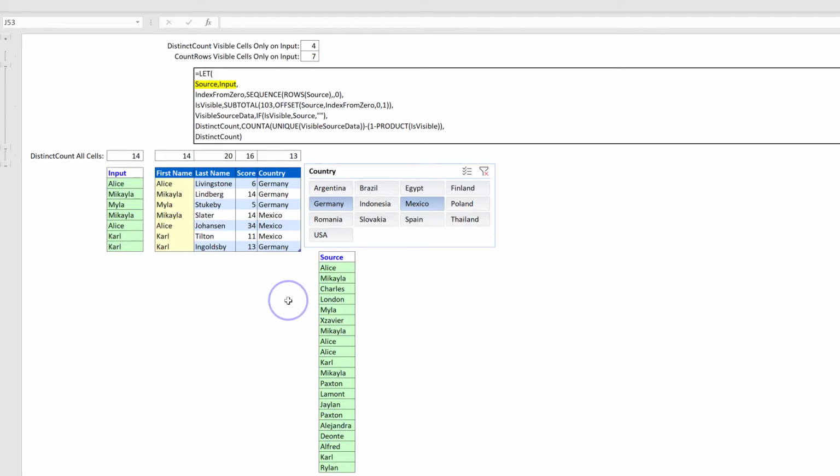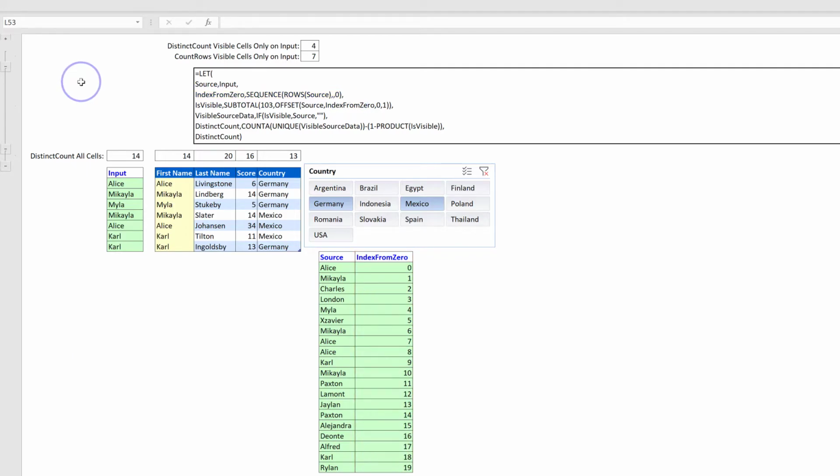By the way, I use the term vector in the numerical sense, not in the mathematical tensor sense. Just think of terms like vector computer, vector processor, vectorization. It corresponds to an array of values as opposed to a single scalar value. So again, the source step contains the complete input vector. Next, for this source step, we compute an index from 0. And it's exactly what the name says. How do we do that? Well, we calculate a linear sequence as long as the length of the source step starting from 0. And of course, it looks like this.